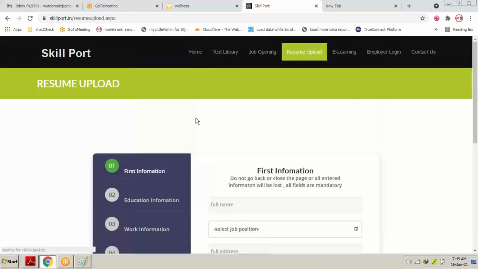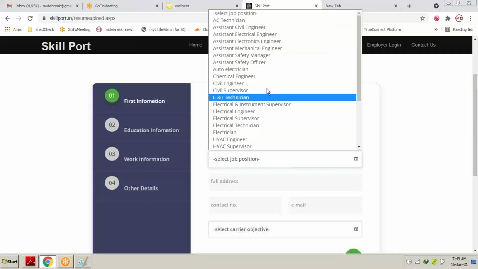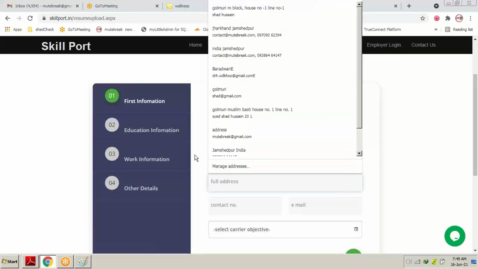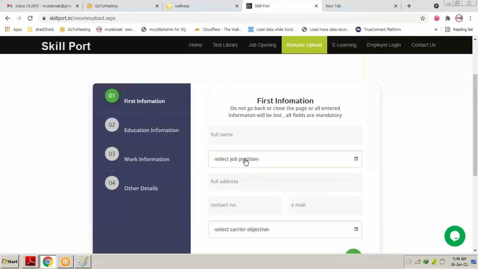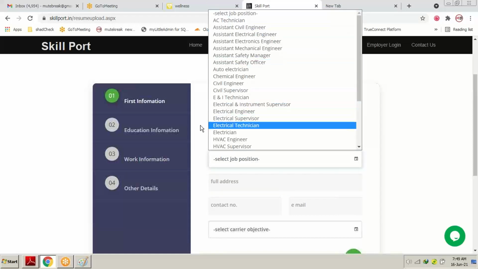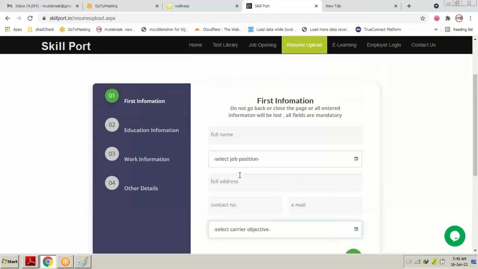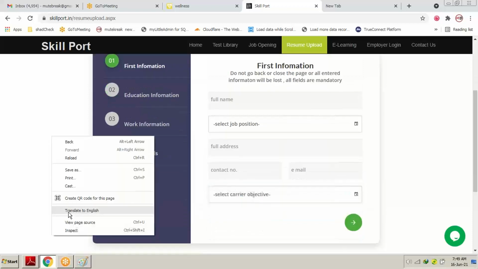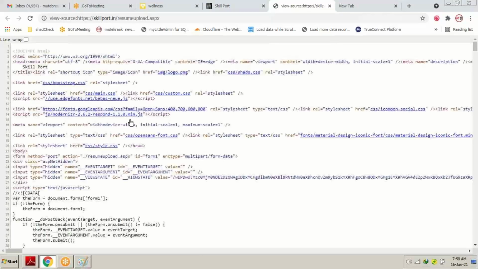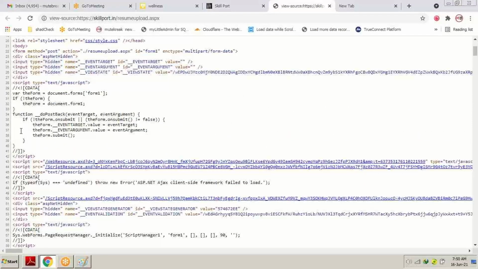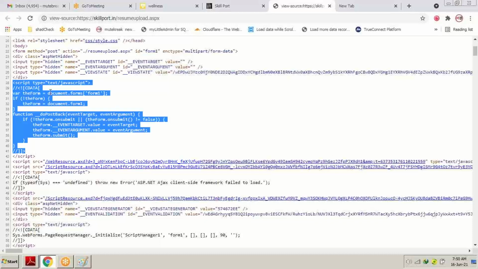Now in this page you can see the entire listing of data is also here. These are things which are connected to a database, and inside that database the entire data has been inserted, and that is what you can see over here. We have a text box over here, we have a career option over here. Now, if I right click on the page and go to view page source, what you're going to see is the HTML tags over here, the CSS, the bootstrap, some more tags, and you're going to see the script tag over here.